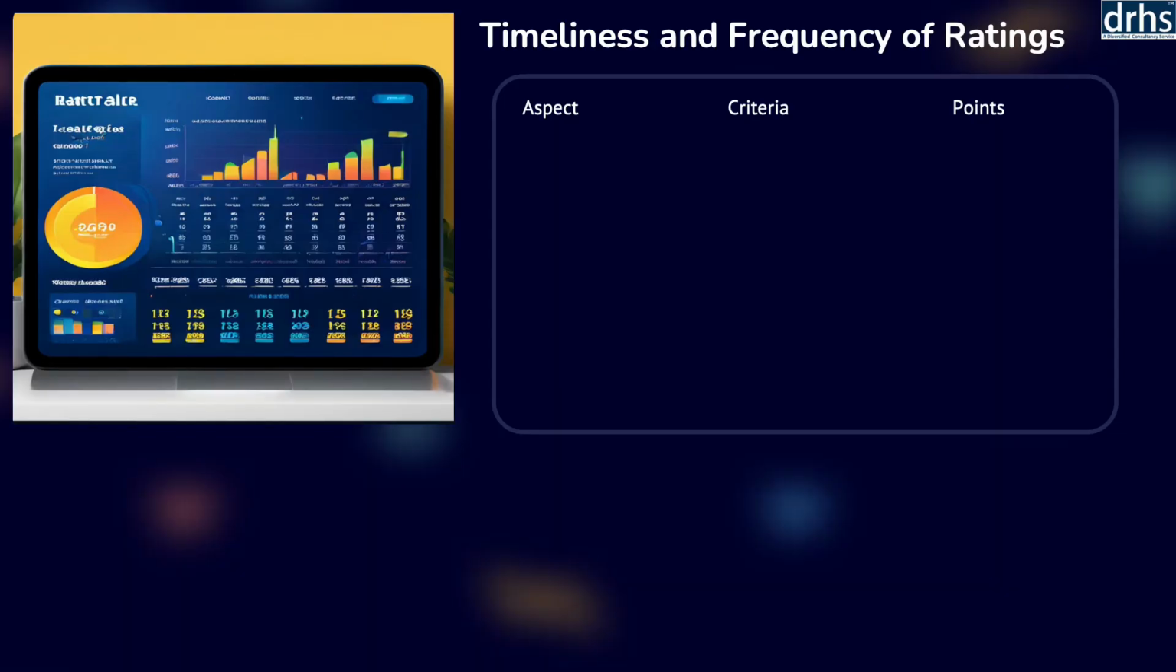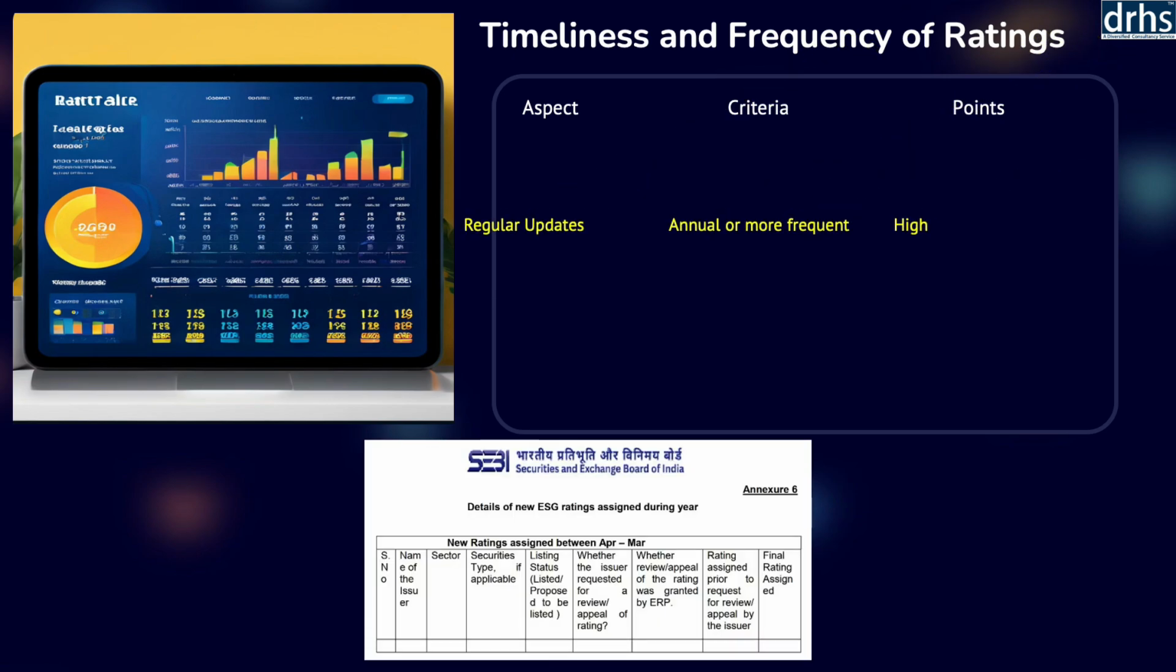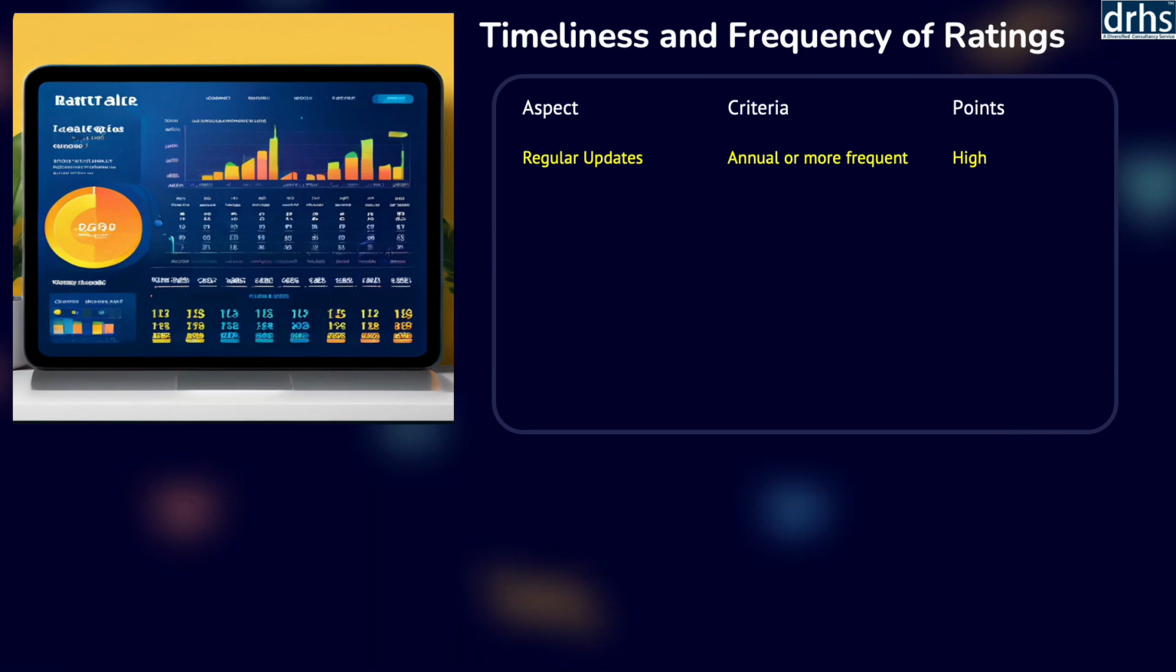In this slide, we are going to discuss timeliness and frequency of rating. The first is regular updates. Under the SEBI's ESG Rating Providers evaluation system, timeliness and frequency of rating are crucial criteria with a high points allocation. It further emphasizes SEBI's ERP framework likely mandates a minimum frequency for ESG rating with the possibility of more